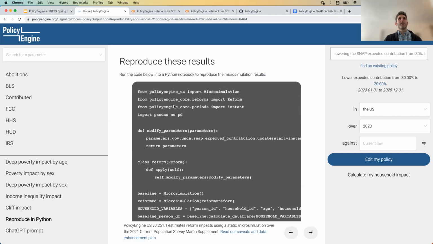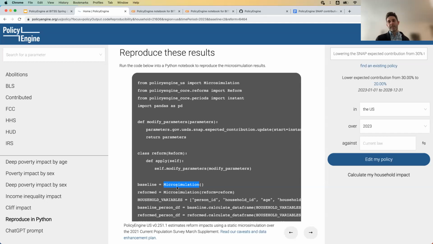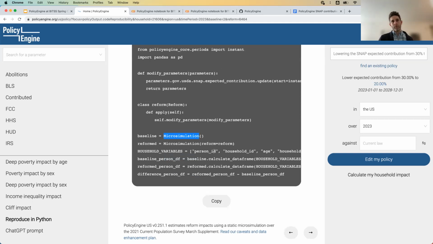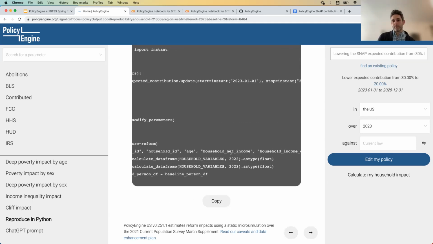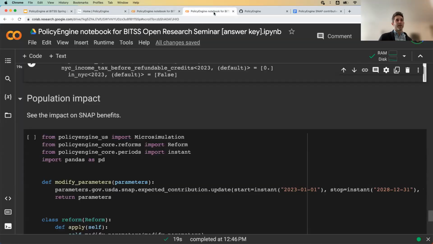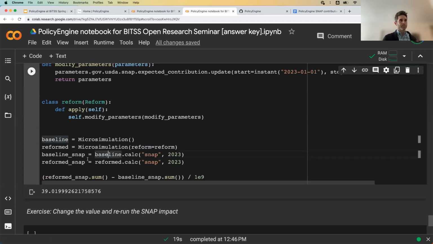Okay, so back to here, now we can reproduce the results. And instead of just looking at that household, as we were looking at before, we're using the microsimulation interface to PolicyEngine. And this is what pulls in that current population survey data. And it's going to say, okay, we populate it by a certain number of variables that you might want to compute at the beginning. This actually is kind of slow in Colab, so I'm just going to suggest another way of doing this. And I think I put it in here as well. I basically copied and just replaced the data frame with just microsimulation.calc.